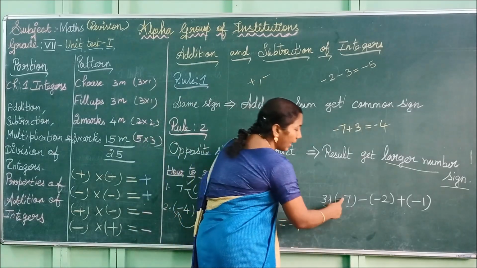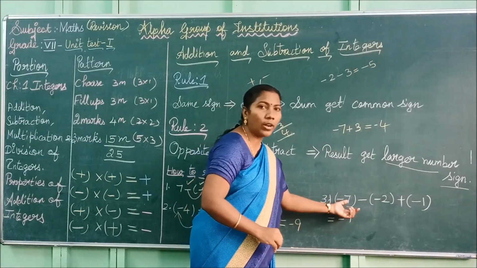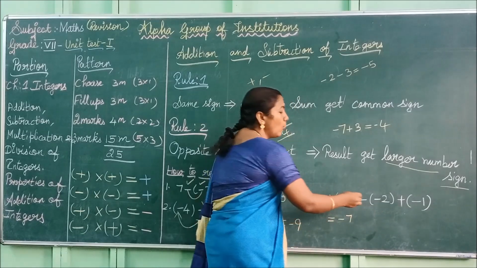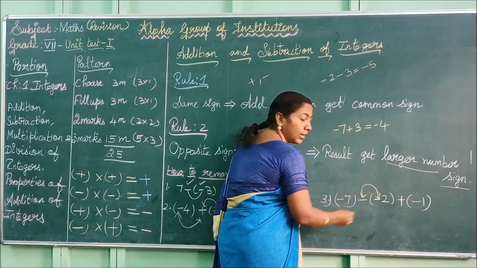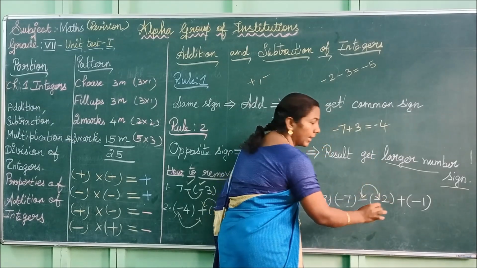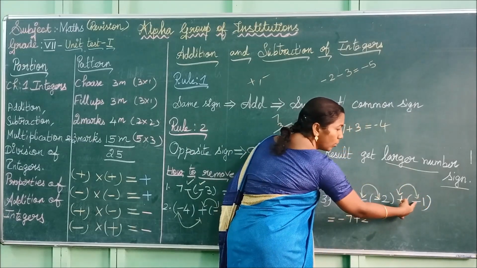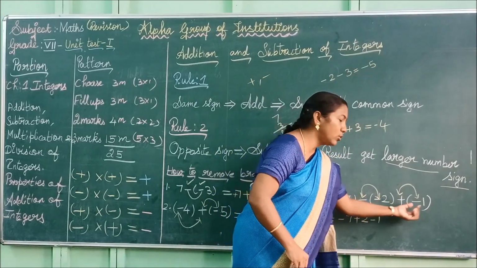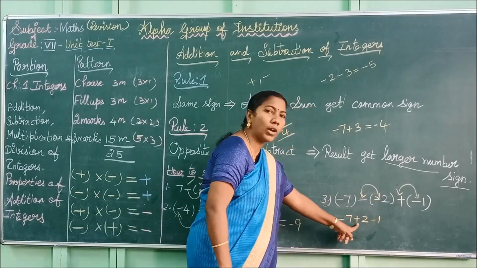See the third one. Write the first integer as it is. While you are removing the bracket, the first integer you have to write as it is. Okay. See here, the second integer is minus 2. How do you remove this bracket? By multiplying the symbol inside and outside the bracket. So minus into minus, plus. Write the integer 2. Thus we have removed the bracket. Next you have to multiply the symbols inside and outside the bracket. So plus into minus, minus 1. If you are multiplying opposite signs you get the negative symbol. If you are multiplying the same signs you get the positive symbol.